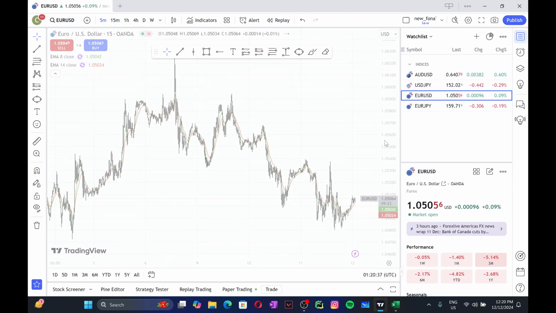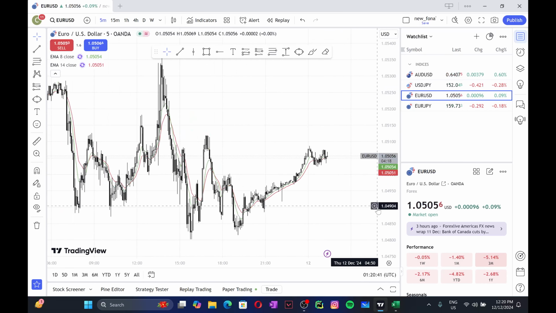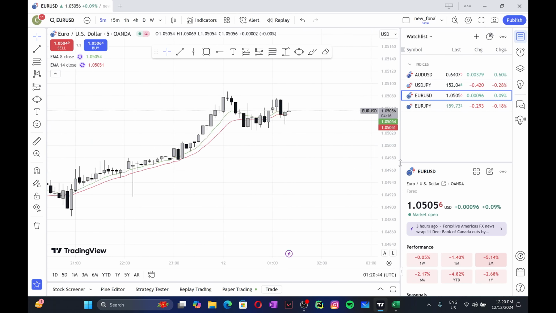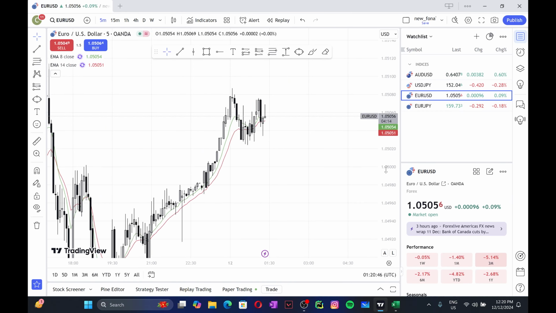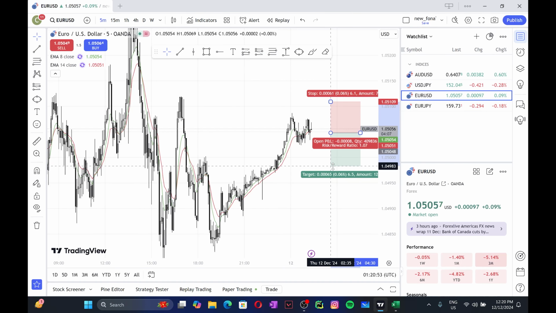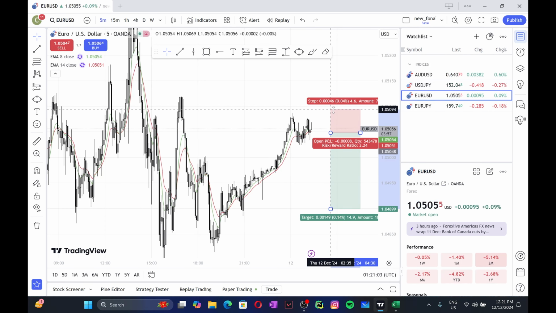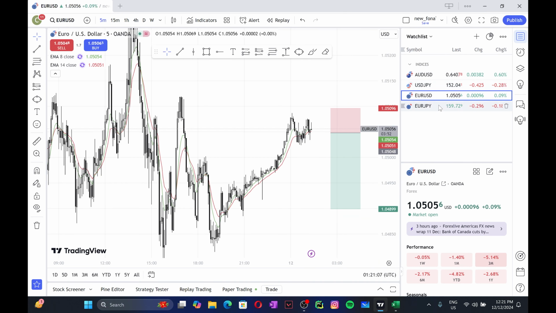So let's go to the 5 minutes time frame and see a nice location or a position where we can take a short position. So I would be using the tool over here and placing a trade with our take profits about that level. Maybe we could get the take profits to about that level or even that level, but I'm just gonna keep it over there, and my stop loss about that. And yep, we're just gonna wait for the crossover to occur, which I think would be occurring really very soon.